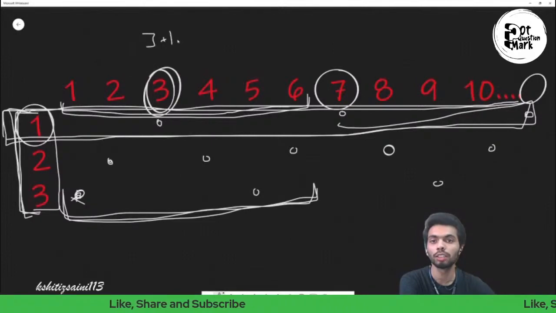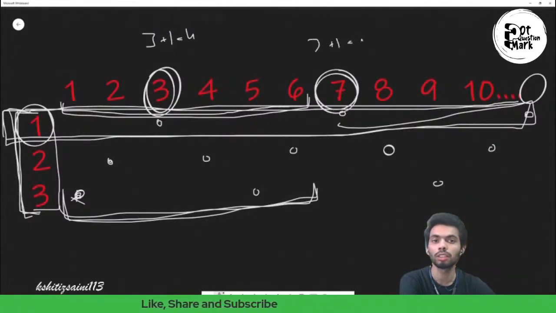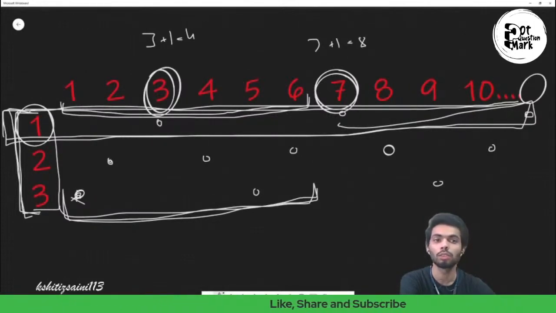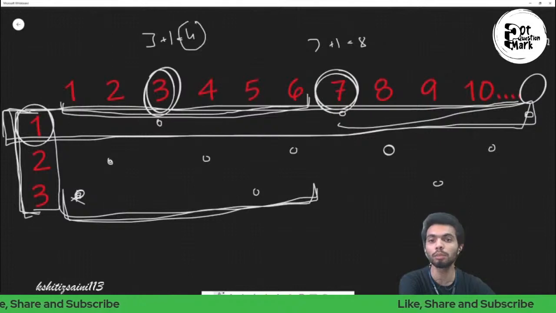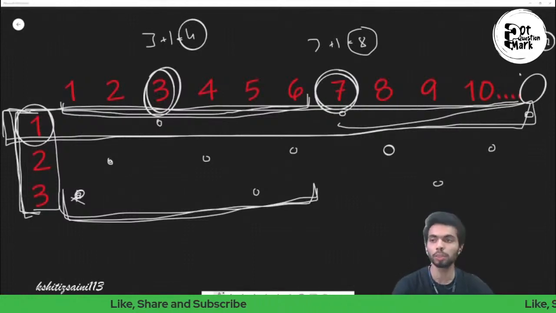ये मेरा थर्ड कॉलम and first row, तो 3 प्लस 1 कितना होगा मेरा, that will be 4। अब ये मेरा 7 है, सेवंथ कॉलम and first row, तो 7 प्लस 1 मेरा कितना होगा, 8। अब ये मेरा 11th कॉलम पे आएगा, 11th कॉलम प्लस फर्स्ट रो, but it will be 12। तो 12, अब ये मेरा 12 आ गया। अब एक पैटर्न दिख रहा होगा that it is the multiple of 4 which is printing 4, 8 and 12।